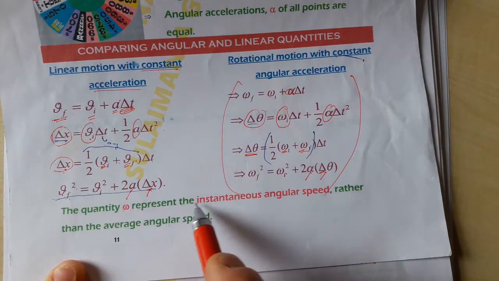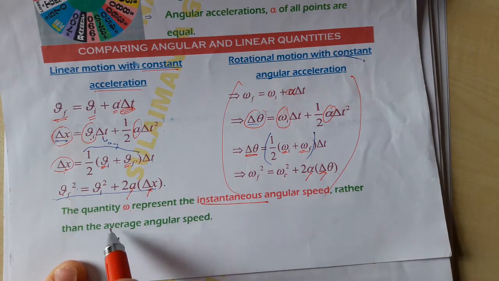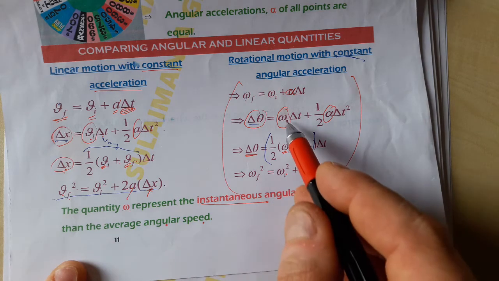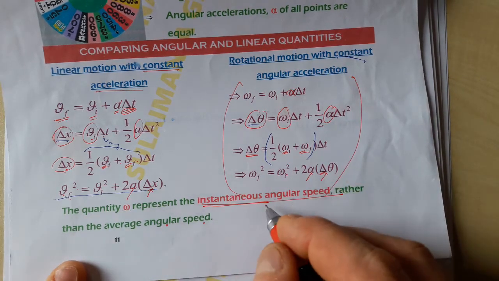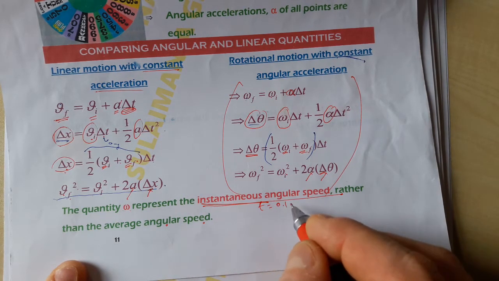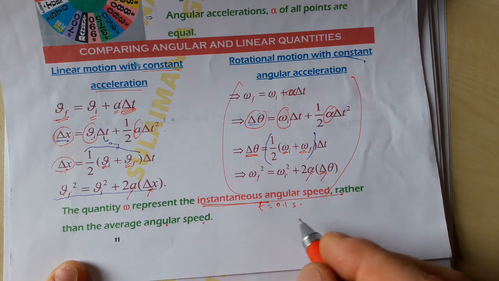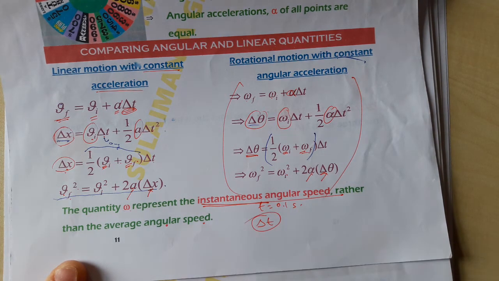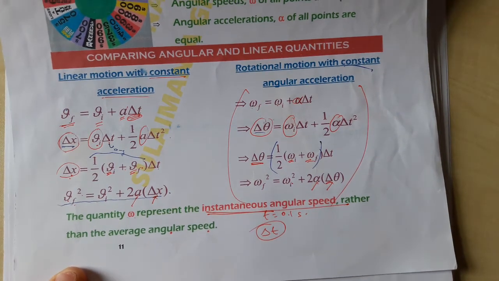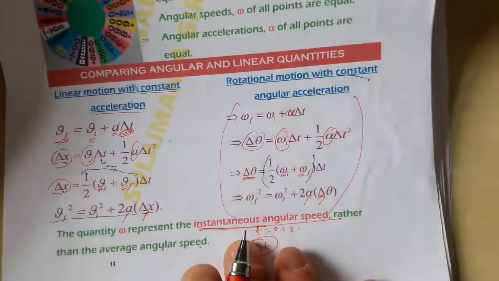The quantity omega represents instantaneous angular speed rather than average angular speed here. Instantaneous angular speed means the angular speed at that instant, at that time, for example at t equals 0.1 second. It does not refer to an interval, because an interval is delta t. Don't forget this. Okay, now